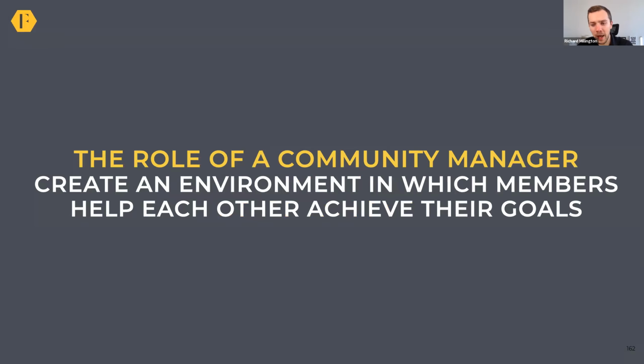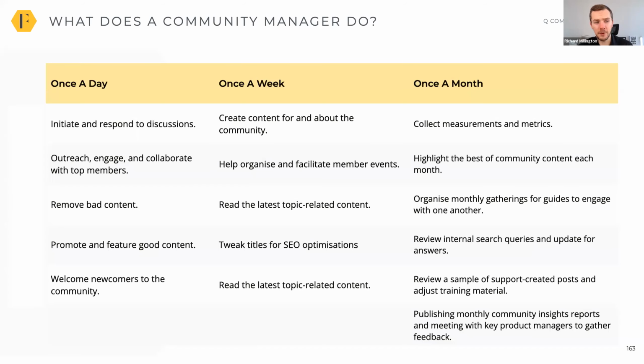And just be aware that your primary goal is to create an environment in which your members are going to help each other achieve their goals. All the facilitation activities that you do, if you want to drive activity in a community, there's typically tasks that we would recommend you do once a day, tasks that we recommend you do once a week, and tasks that maybe you want to do once a month,